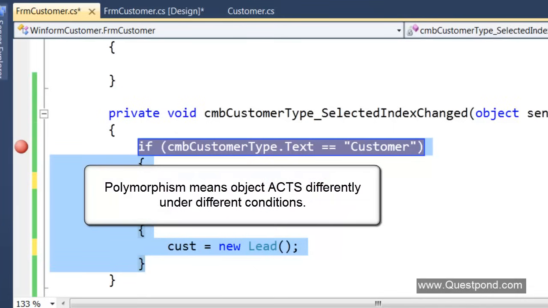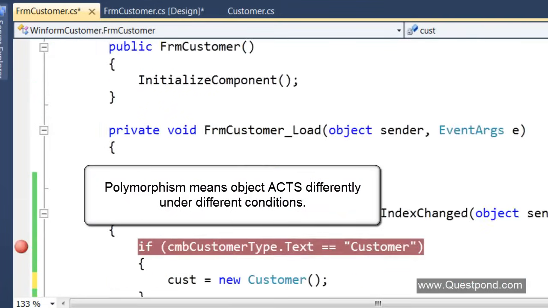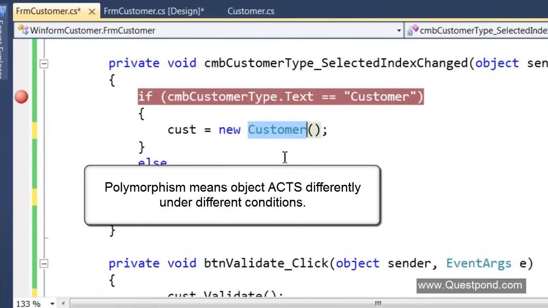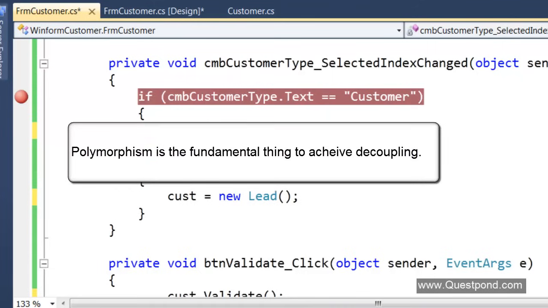Polymorphism means change as per situation. So you can see here, my cust object is actually of customer base type, and depending on situations, it can point to customer or it can point to the lead object. Now, one of my personal beliefs is that the biggest gift from object-oriented programming is polymorphism.